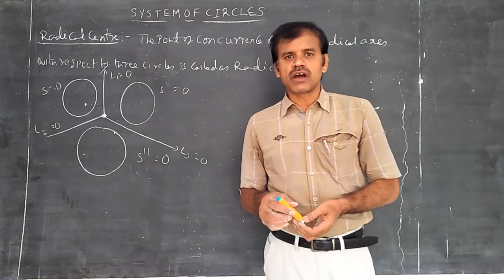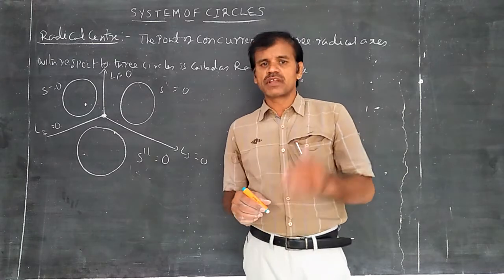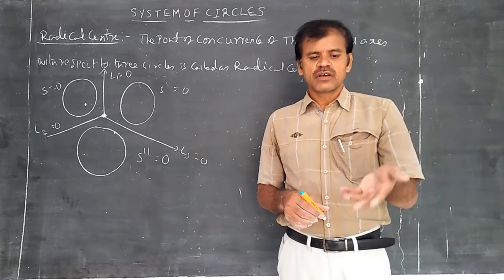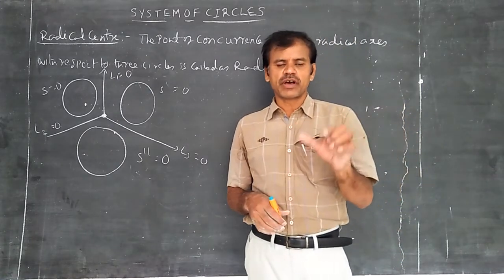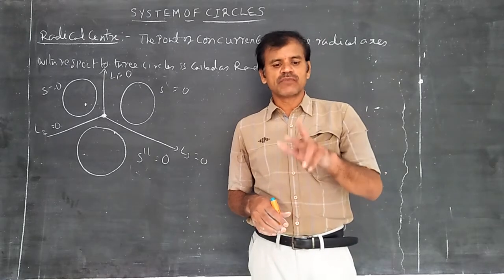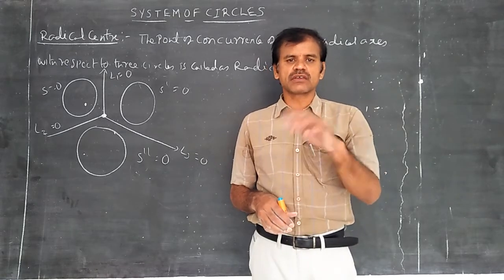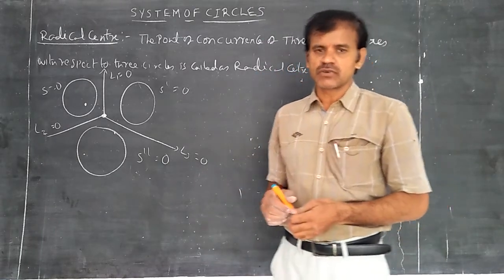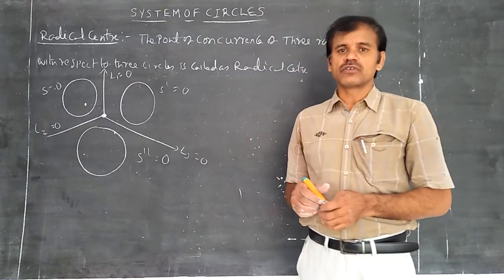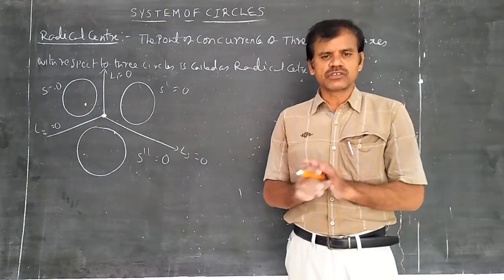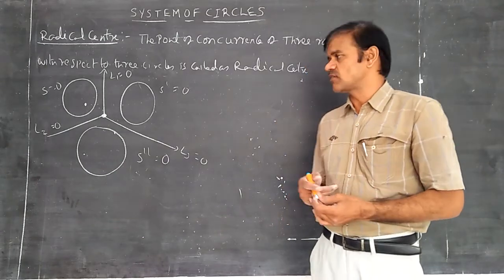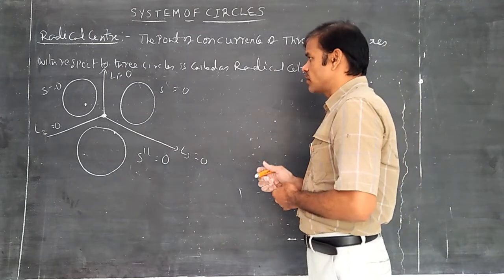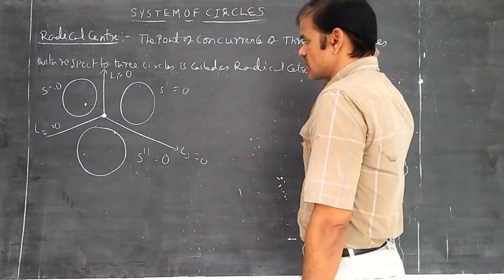If the question is given as an objective, then whenever S minus S dash equal to 0, you will get L1 equal to 0. By verification of the options, we can verify absolutely. The point should lie on the line. If that is not enough, if two or three options remain, then another equation is also solved, like this: S minus S double dash equal to 0. Then you will get another line L2 equal to 0, and verify the options for L2 also. There is no need to solve fully. Absolutely 100% it is enough for MSET. So directly you can verify the options in the MSET model, depending upon this radical center.